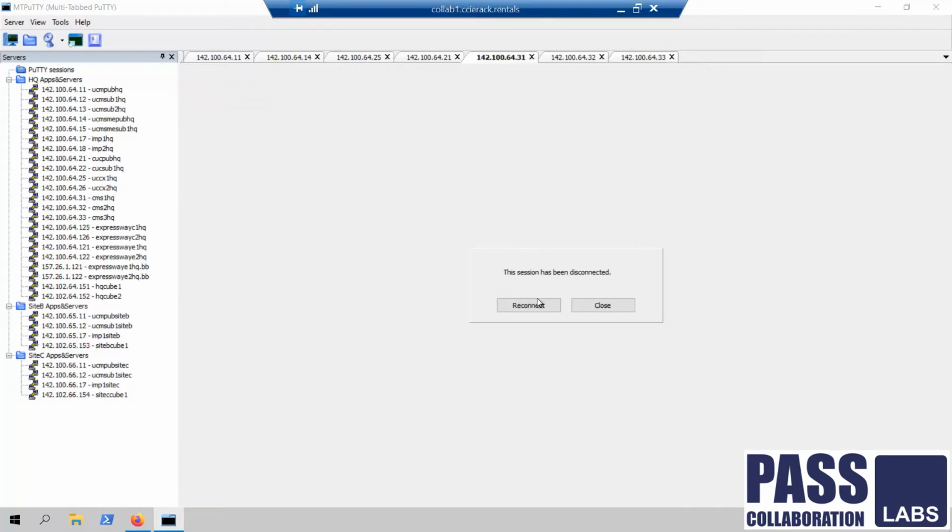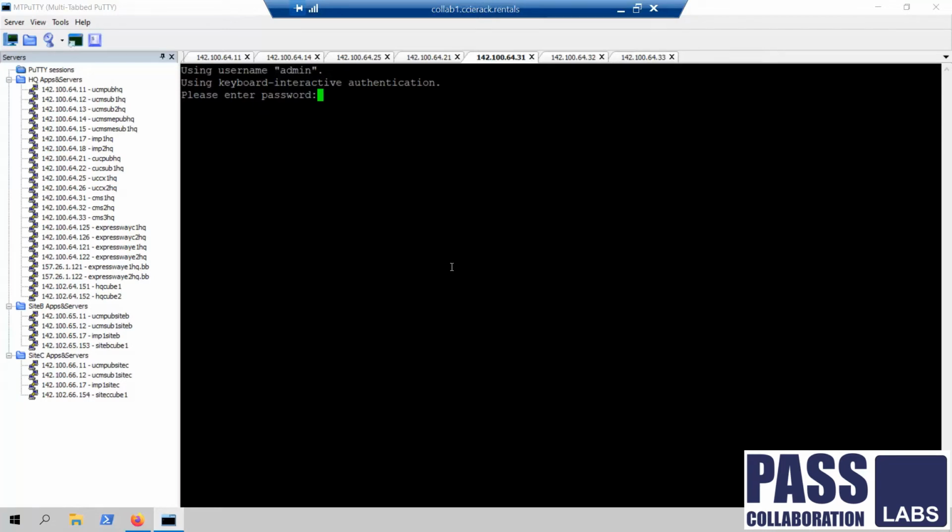So let's go to CMS1 to validate the output. Time zone looks good. Let's check the NTP.